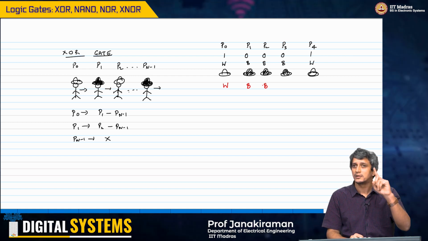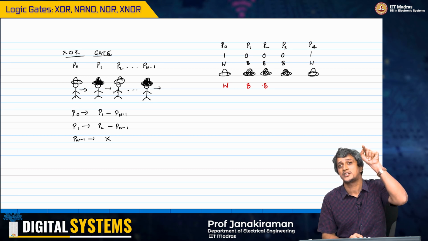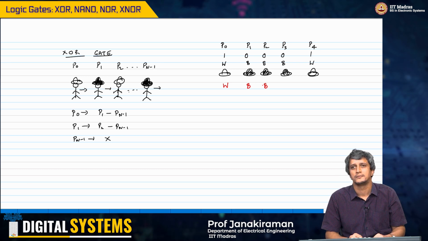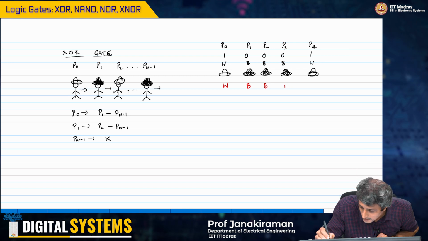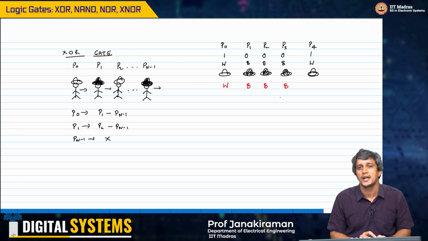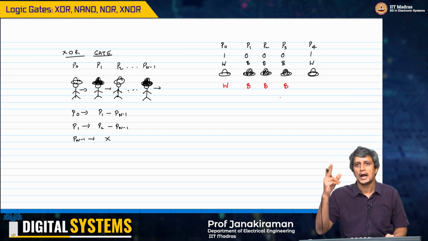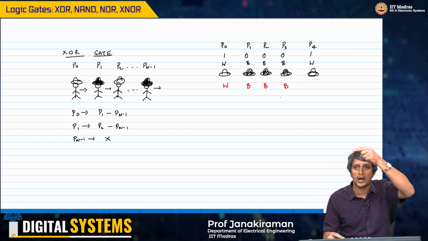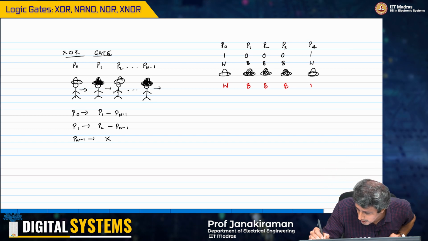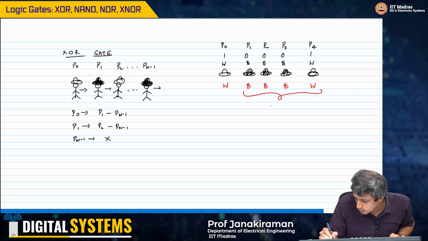P3 now knows P1 and P2 said black, black, and P3 is still seeing an odd number. That means this has to be black. Finally, P4, right, knows the information that P1, P2, P3 are all black, and P0 saw an odd number of hats, therefore it has to be white. Therefore, n-1 prisoners can be saved